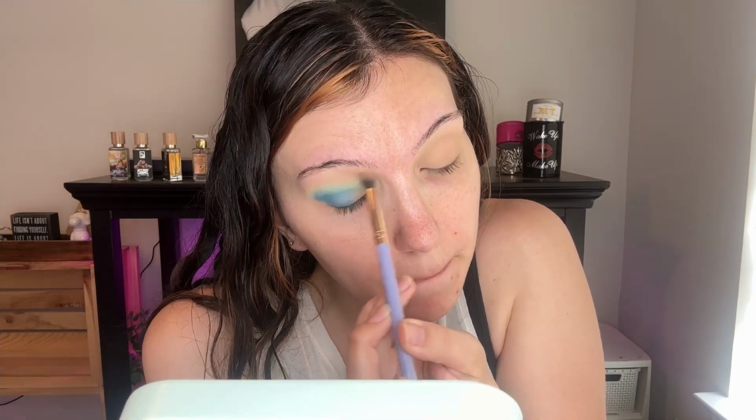Woo! Okay, that's kind of cool. All right, I'll be back when I'm doing the shimmers. I'm really liking this look. I used a bunch of colors. I could have used bright yellow, which I might use on my lower lash line, but I'm liking these a lot. I've had hardly any fallout too. Look, blues. Sometimes if you get blues under here, it is hard to not have dark under eyes, which